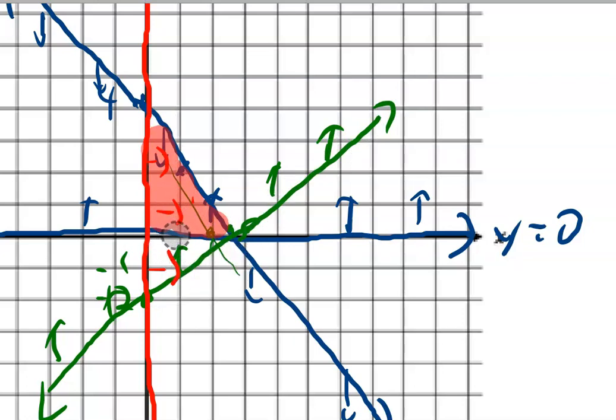Anything above the horizontal line is already above the green line in this region right here. Now, if the region extended further this way, then the green line would have made a difference, because we have to stay above the green line. We have to stay up here, which would automatically be above the horizontal line. But since it got cut off over here, staying above the horizontal line automatically keeps us above the green line. So the green line just really did not make any impact on what the final answer was, which is unfortunate